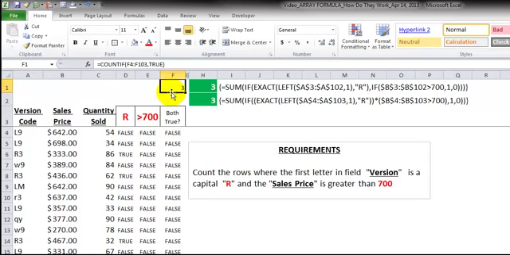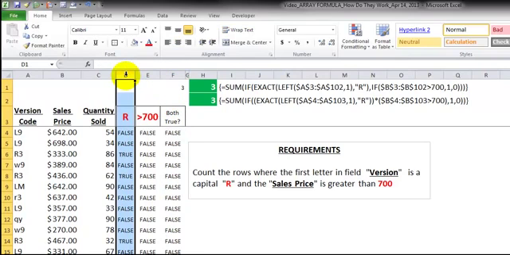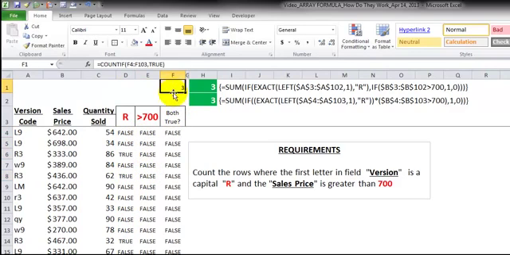Now it is possible to eliminate this step if we use count ifs, just saying that this column has to be true and this column has to be true. Nevertheless, we still have a lot of formulas all the way down, so we have hundreds of these smaller formulas just to answer this one question here. So technically, this is the correct answer, but as you see over here, we have array formulas that can do